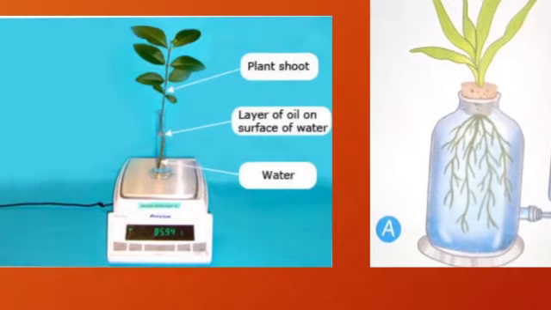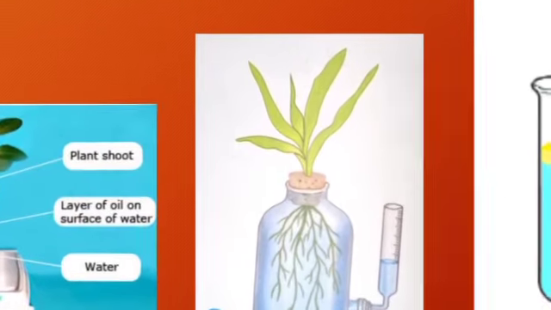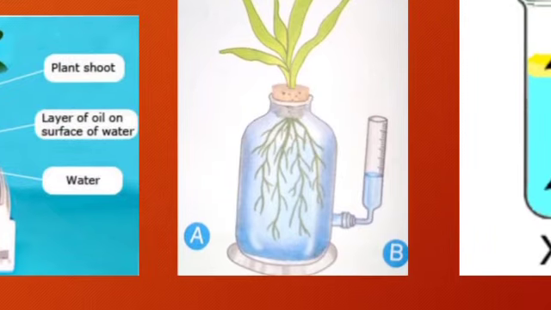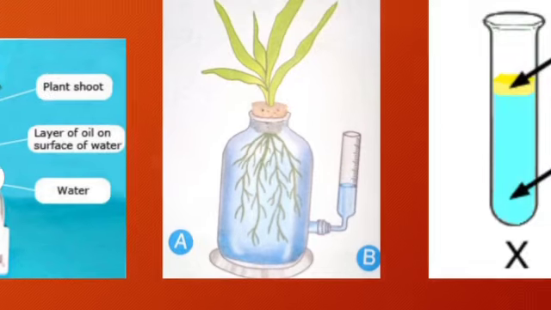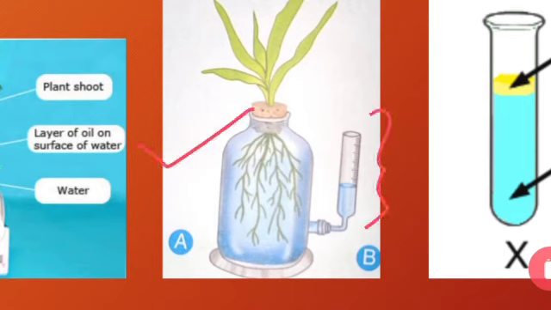Okay, now the next experiment was a bit improved, by taking a jar with a graduated tube. If you can find the graduated tube present here, this is the graduated tube. This is a jar filled with water, and inside the water is present a small twig. Now here is a stopper so that the water can easily transfer to the jar.